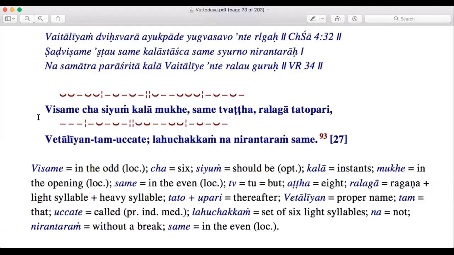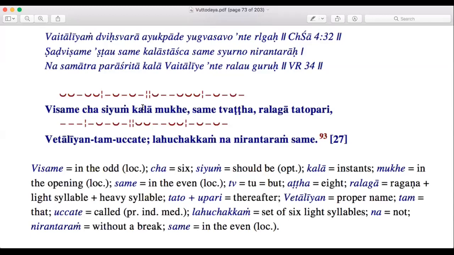And also in previous verses, we learned odd groups and even groups. Odd groups are first, third, fifth, and seventh groups. Even groups are second, fourth, and sixth groups. So here we are now talking about Visama Pada, odd line. So Visame, in the odd line,